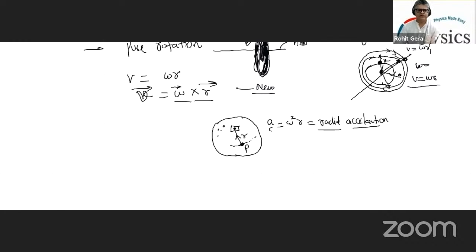So if the velocity here was 5, next moment the velocity is maybe 4.9. So there's a constant loss of the tangential velocity, and therefore this body also has a tangential acceleration, which is given by r times alpha. Now alpha is the angular acceleration,